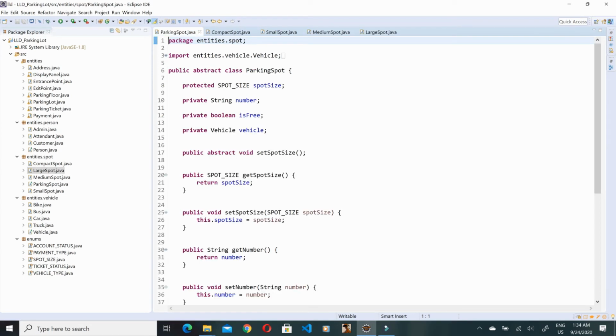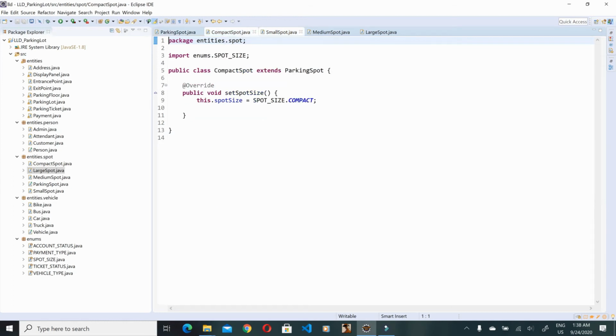Parking spot is another important component of our design, and some of the attributes which are related to the parking spot are like what is the spot size, and what is the number of the parking spot, is it free, and is there any vehicle that has occupied the parking spot. So a parking spot can be of different sizes: compact, small, medium, and large. All of these different kind of sizes are represented by the classes like compact spot, small spot, medium spot, and large spot. All of these classes extend the parking spot, and it is compulsory for them to override the set